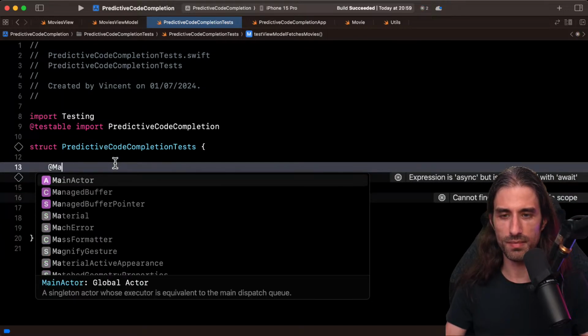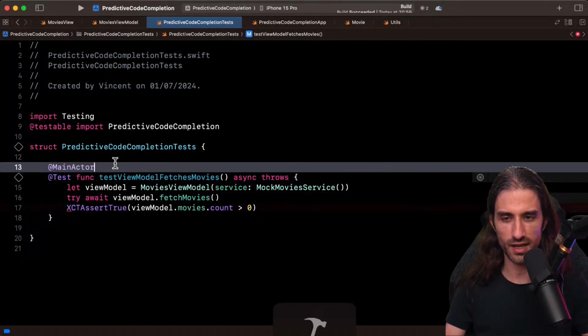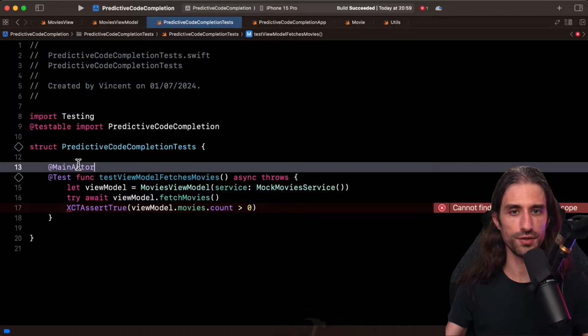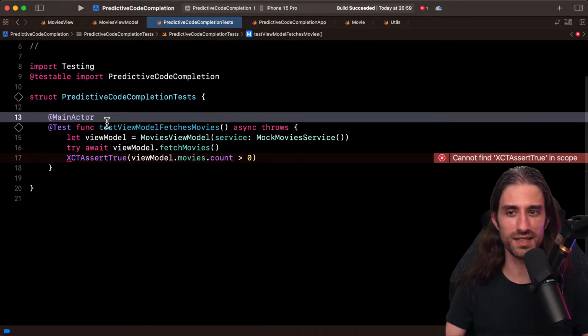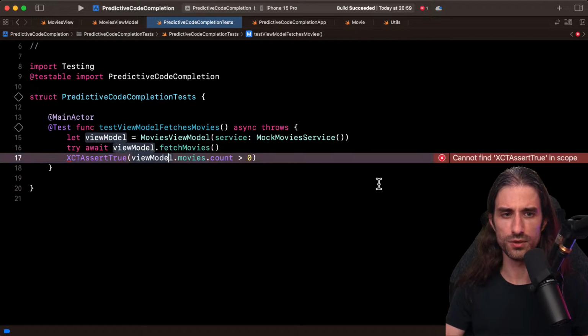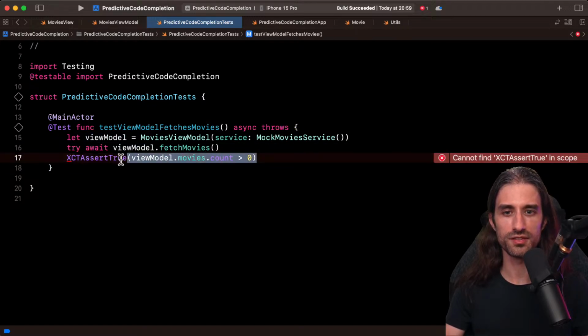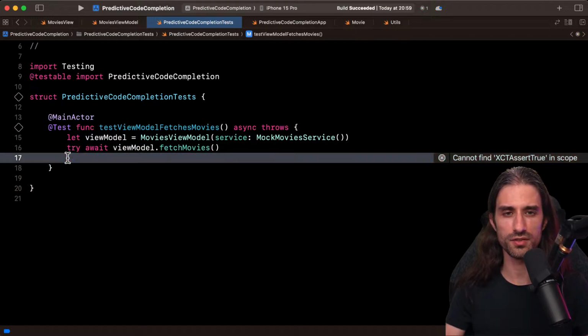or can you mark the method here as @main actor also? Turns out you can do it. We'll see if it creates an issue later down the line, but you can mark it @main actor. This way, everything that is @main actor, you don't need to explicitly await when interacting with it. So this seems to be good. And then, of course, it makes no sense to do this assert true, because the syntax is like a pound and then expect, I think.